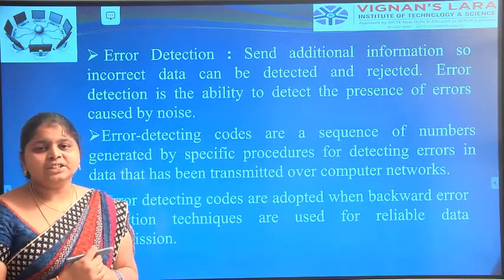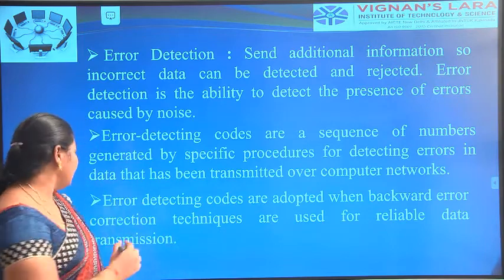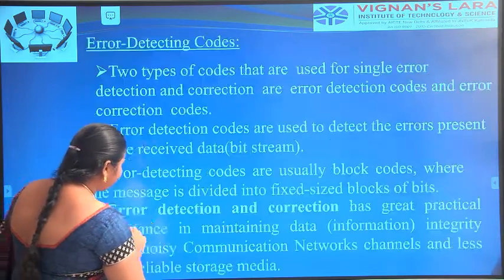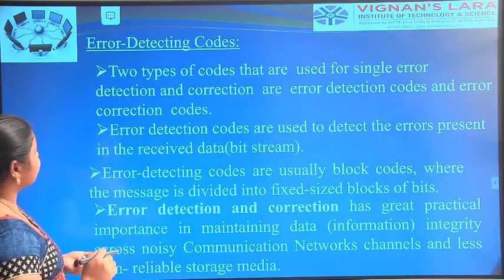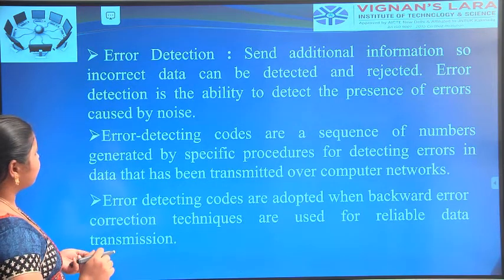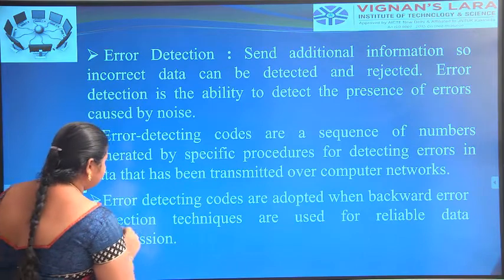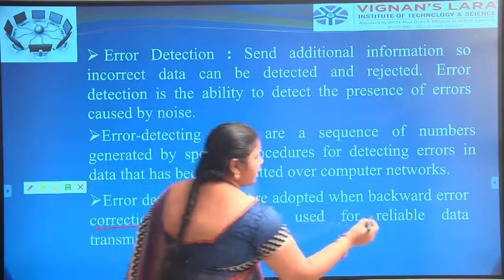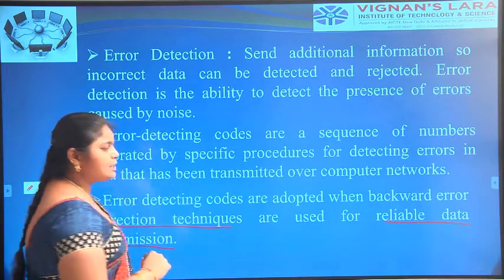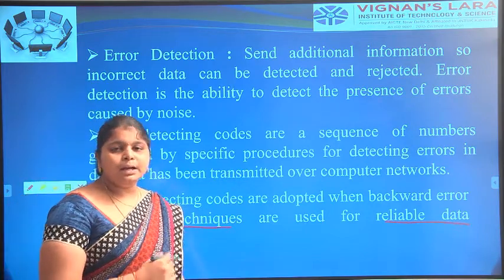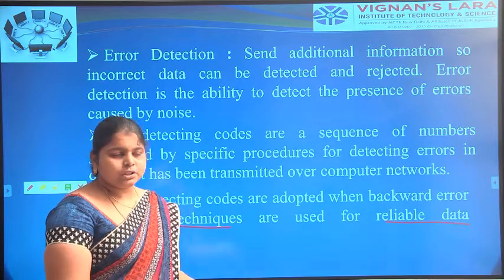We correct the error through correction techniques, which are used for reliable data transmission. Reliable means quality and performance of the information.